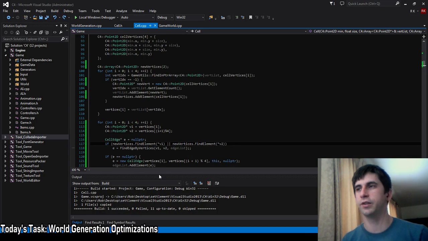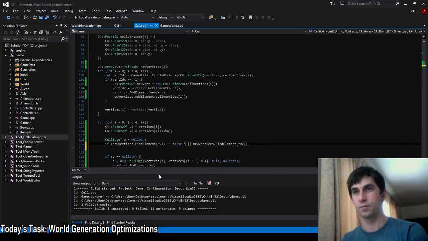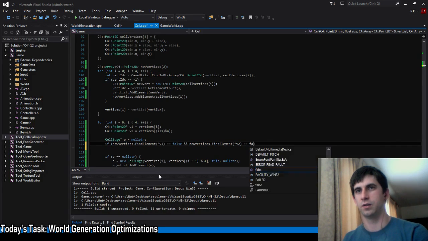If it's not in the new vertex list, wait, my brain's doing this logic backwards, I think. If it is a new vertex, I need to not be doing this. If it is not in either list, dang it. Okay. So if this is false and this is false,